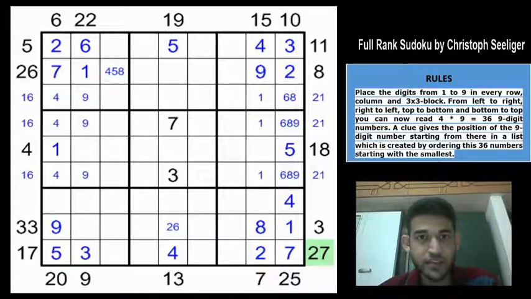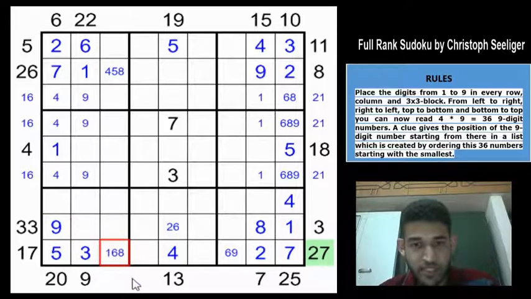Let us start making some more pencil marks. So along row 9, you have 3, 4, 5, 2 and 7. Remaining digits are 1, 6, 8 and 9. But 1 and 8 is here, so this must be a 6 or a 9. And this is a 9. So this must be 1, 6, 8. And we have 1, 6, 8 and 9 into these 4 cells. Into these 2 cells.